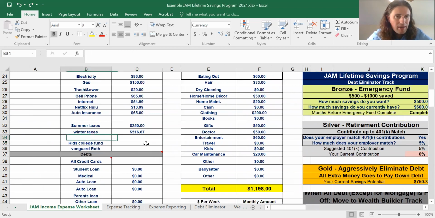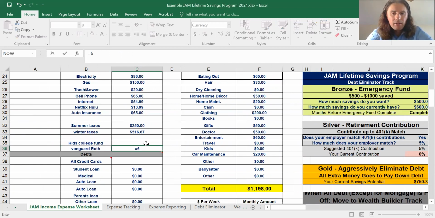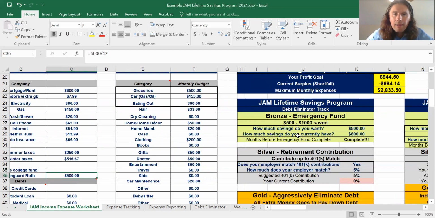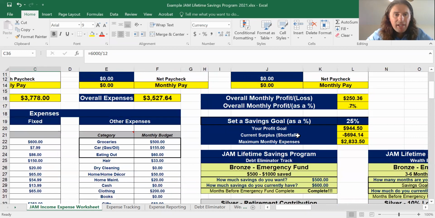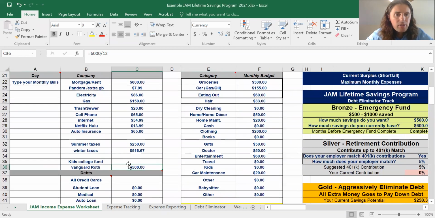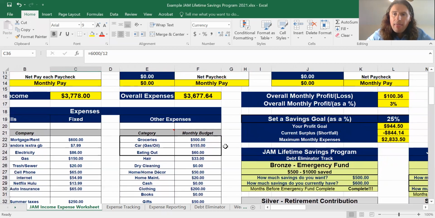There's also a college fund that my friend really wanted. And again, if that's what you want, we all don't have to be so rigid. We can make our suggestion that we should put our retirement first. And so he said, okay, that's fine. Let's do our retirement, which is 6,000 divided by 12. And then we still have $250 left over. So let's do $150 a month into the kids fund. And then we have